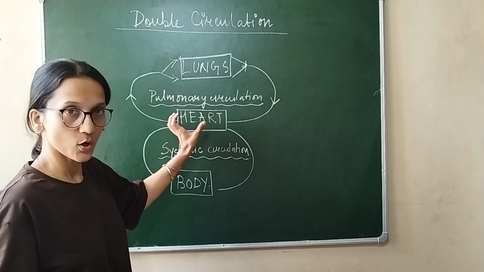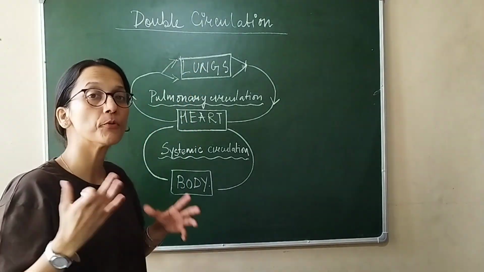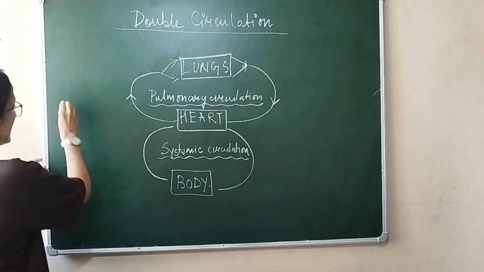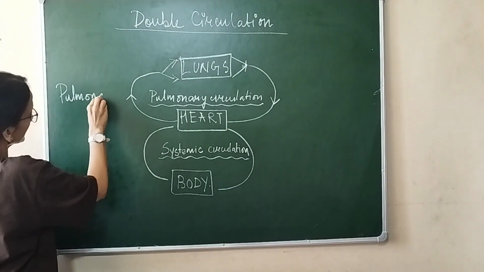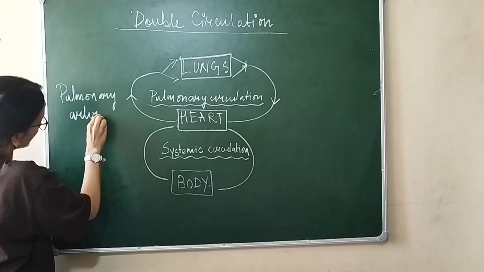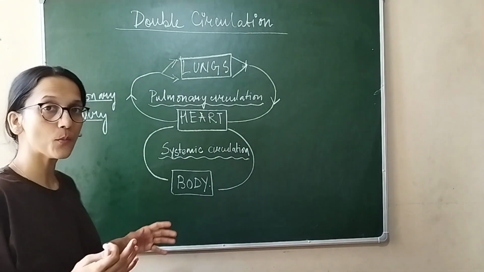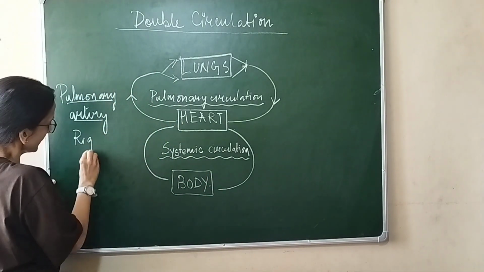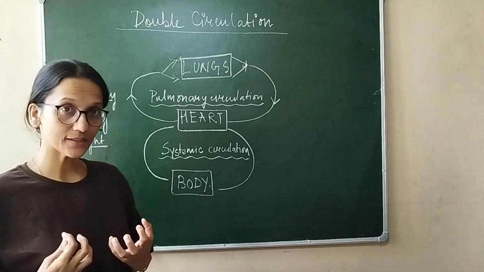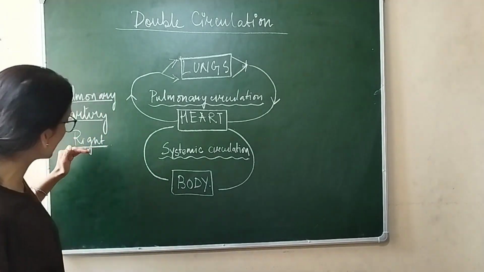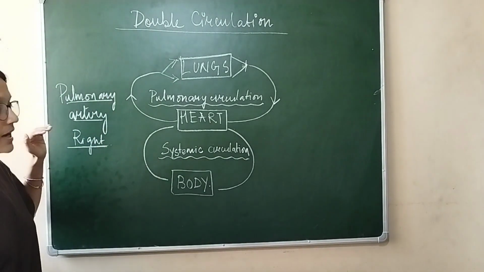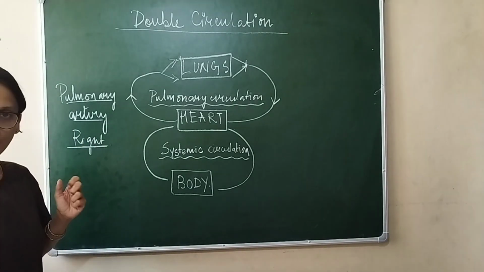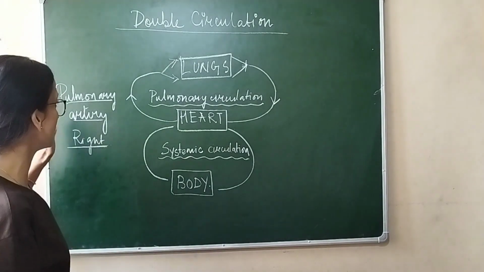So from the heart, when the blood has to go to the lungs for purification, then the blood vessel which carries the blood to the lungs for purification is known as pulmonary artery. So this pulmonary artery comes out from which side of the heart? As we all know, the right side of the heart obtains deoxygenated blood from the body. So it is from the right side of the heart, and especially the right ventricle of the heart, that the pulmonary artery arises, and this pulmonary artery carries the oxygen deficient blood to the lungs for